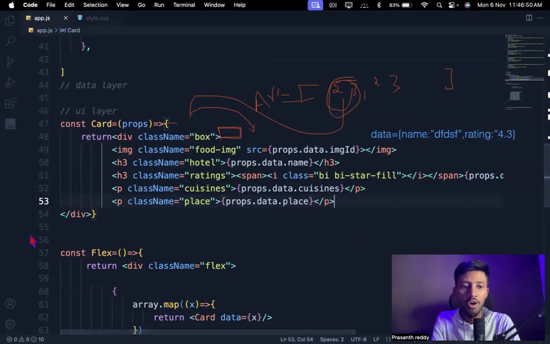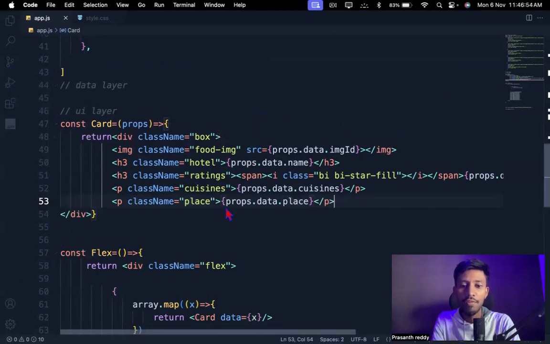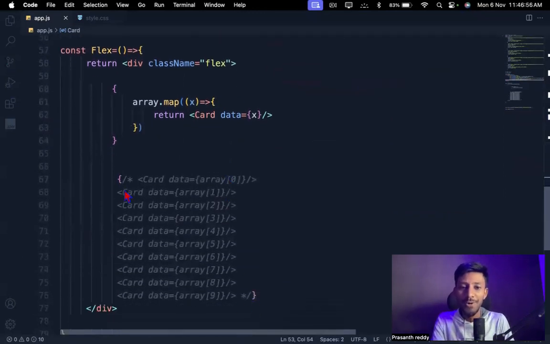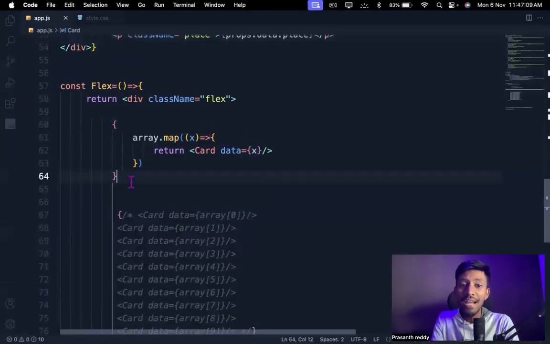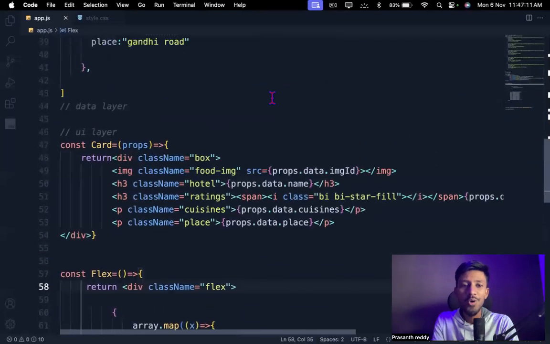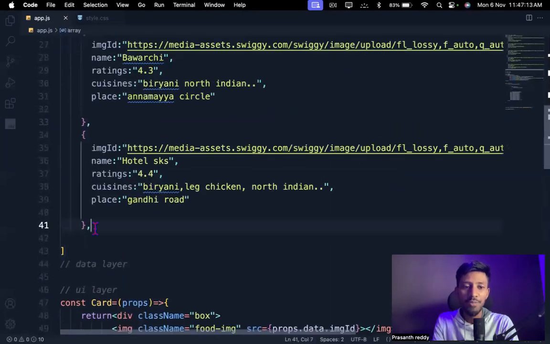Now let me remove all my drawings. Earlier, we wrote this very stupid code for every card, but this time we don't want to touch this. If you go and see, 5 cards are available. Now tomorrow I will never touch the UI code. Let me take one more card over here and paste it here.